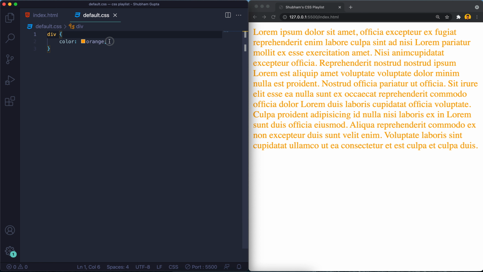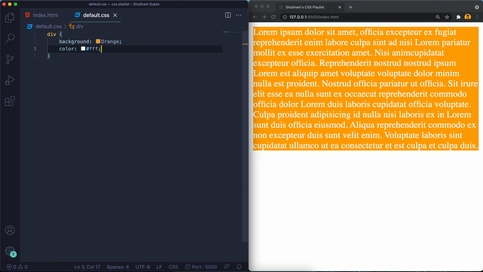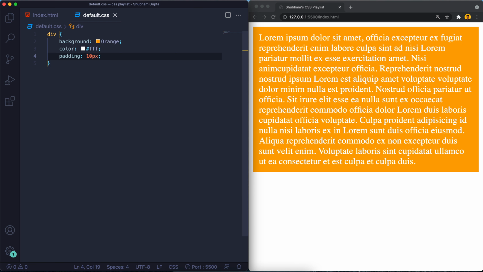all are bad colors. So what we can do, we can have background orange, and then we can have color white. It's quite okay. And we can have a couple of paddings, 10 pixel. Yeah, it's okay. So you can see this, there is uneven spacing at the right, which is